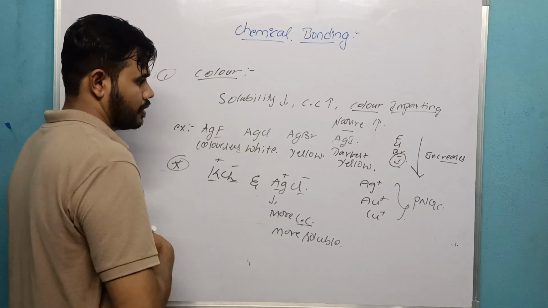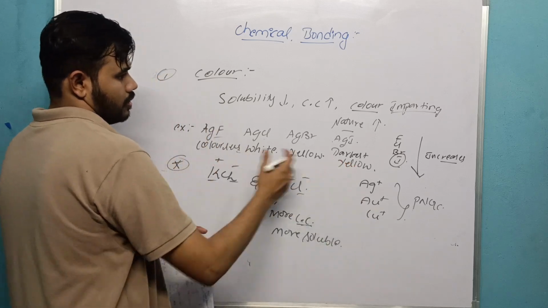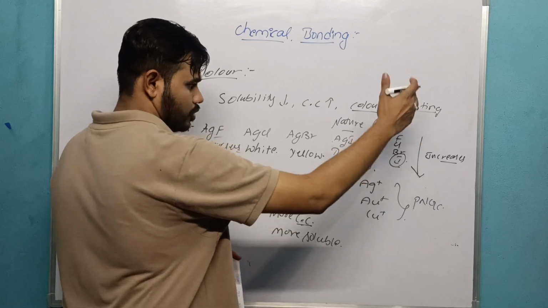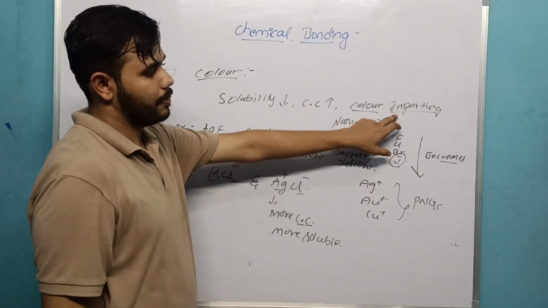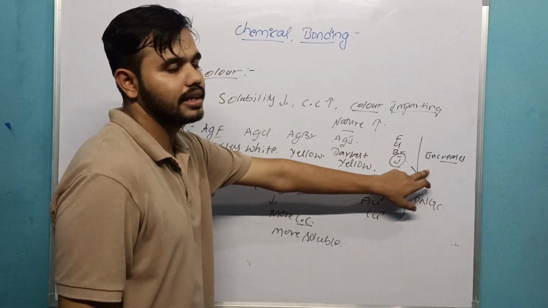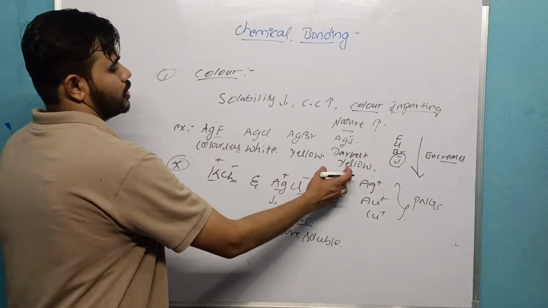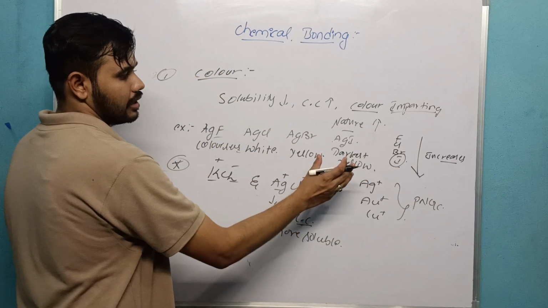See here, first of all, as we know, if you move down the group, color imparting nature increases, right? See here, first of all, darkest yellow, dark color, it converts